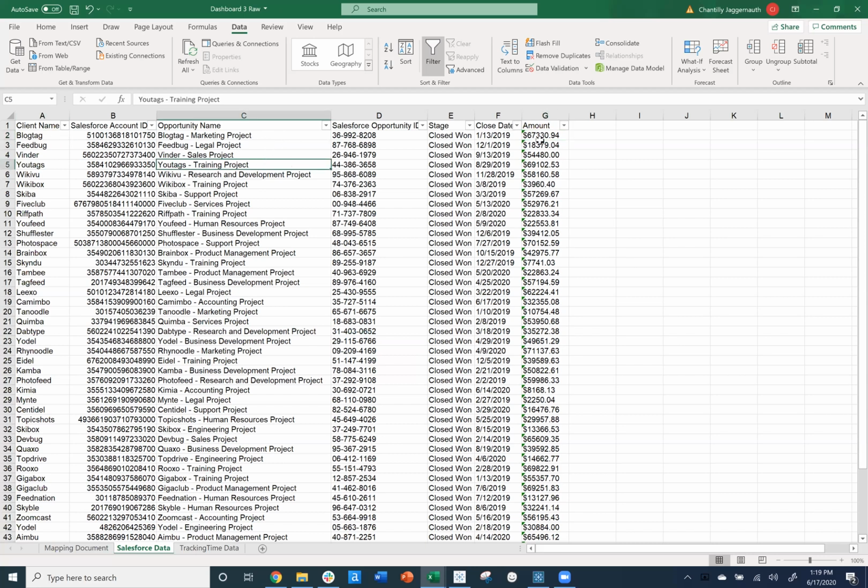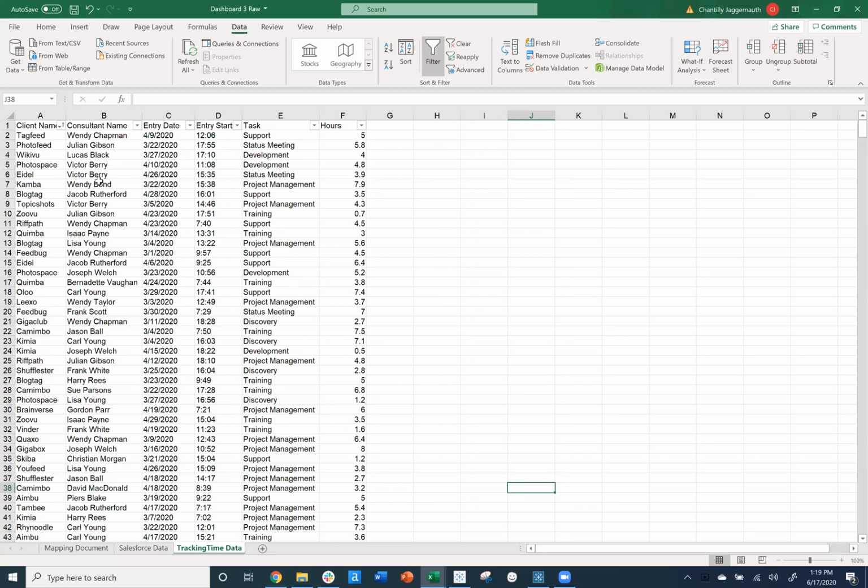So we have a breakout of the amount per opportunity. So this is our Salesforce data. And then in tracking time, we are tracking every single consultant who has been placed on a project. So every day, the consultants go ahead and enter in their hours into tracking time. And when you enter in your hours, you are associating that with a particular task or a particular project,